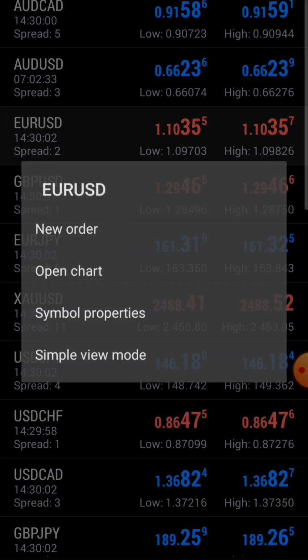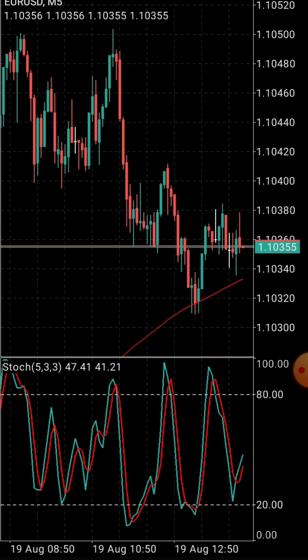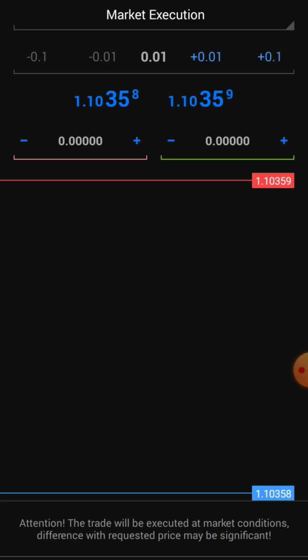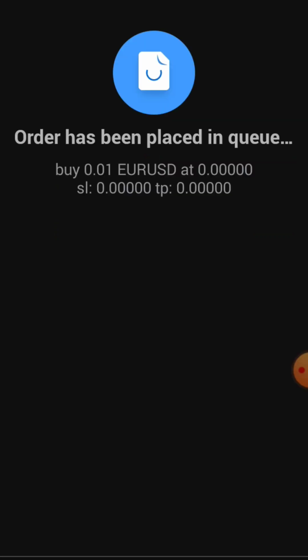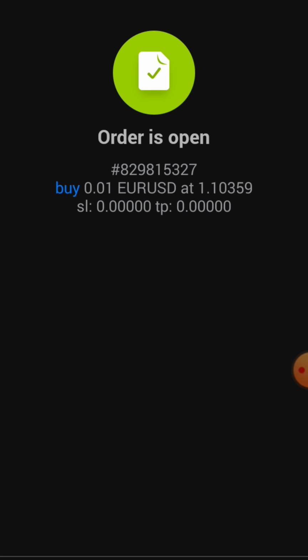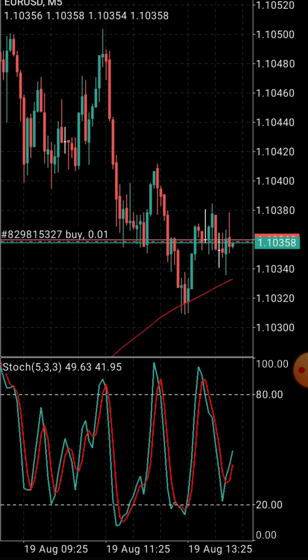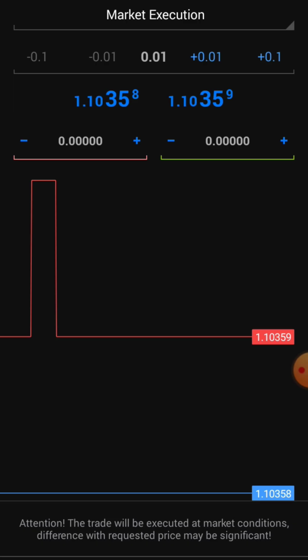So for example, I have taken EUR/USD, and suppose I open a buy position. Similarly, I open a buy position again.